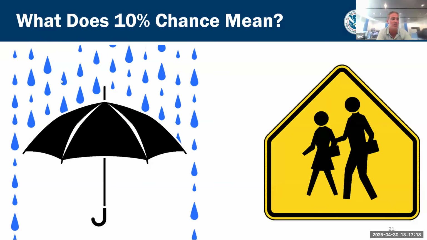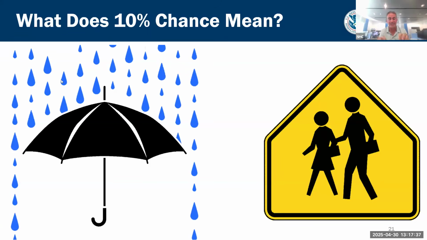Conversely, what if we told you there's a 10% chance that you're going to get hit by a car when you cross the street? Do you think you'd look both ways? I'm pretty sure. Or I typically say when there's a class here in Miami, what if there's a 10% chance that you're going to get food poisoning if you go out to eat tonight? You think you might cook at home, for example?